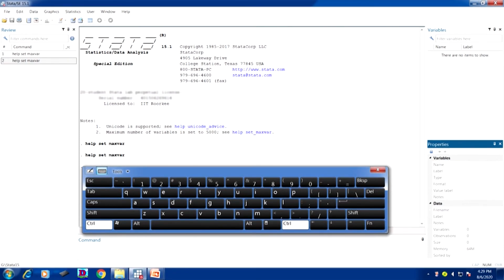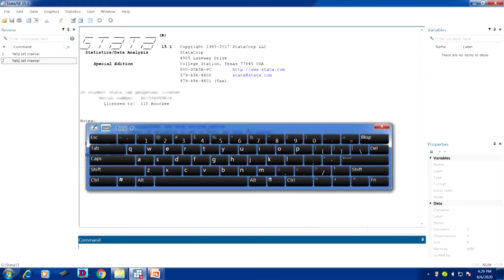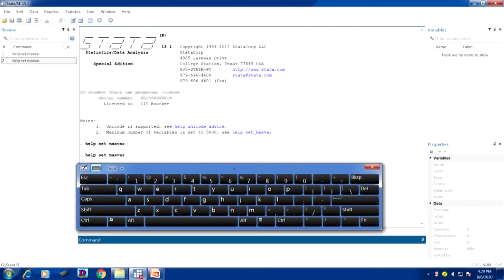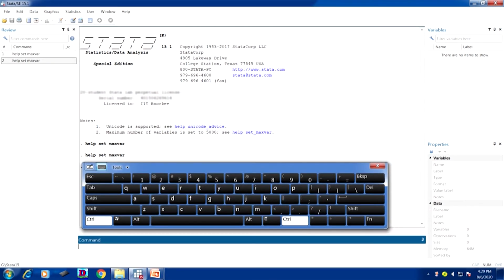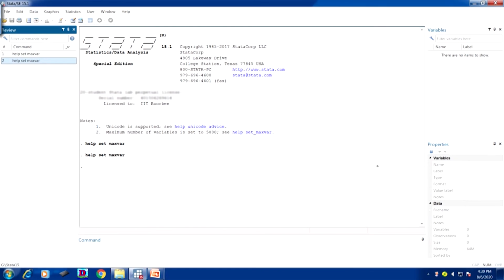Another control and tab will show you the further details of the properties. Then control tab, the command window is being highlighted. Now if you again do control and tab, it will come back to the review. These are the commands you must remember.